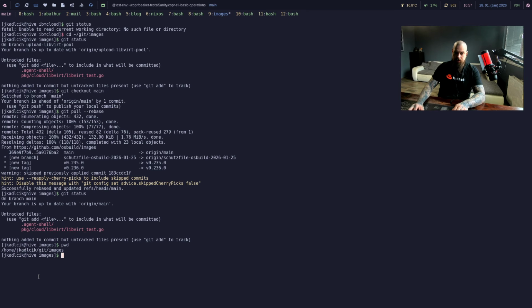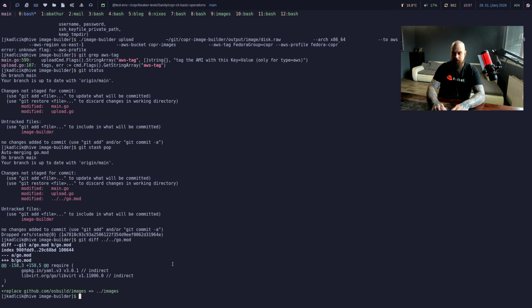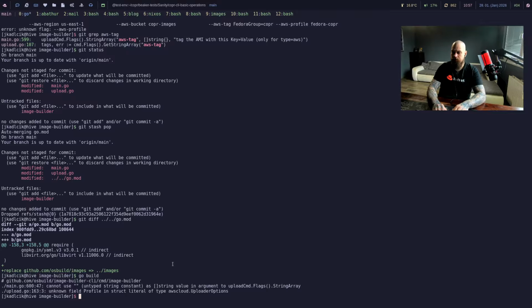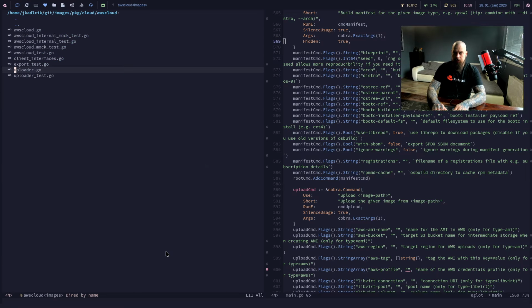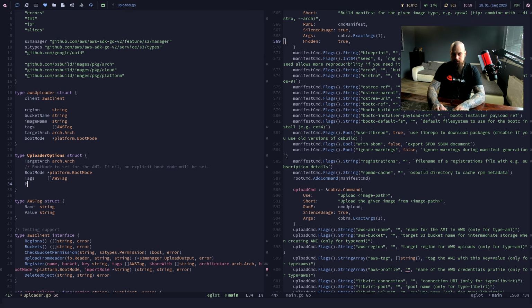So yeah, if you take a look, we are here and we are going to use these images. Let's do go build. It will not work, of course. But hopefully if we jump here, we are inside of the same local project, so we can modify it now. So we can add profile here, which would be,